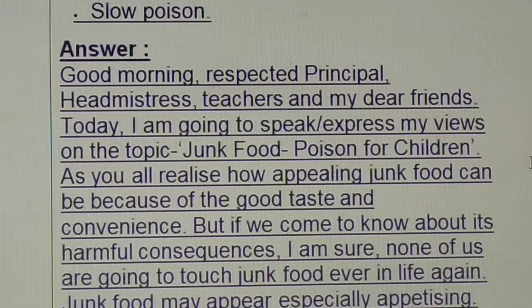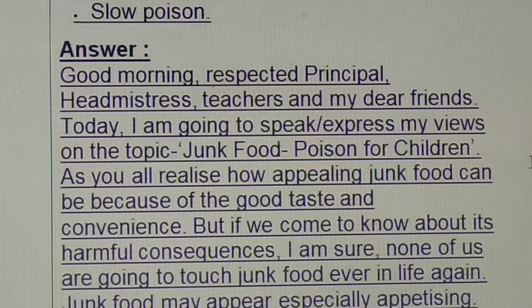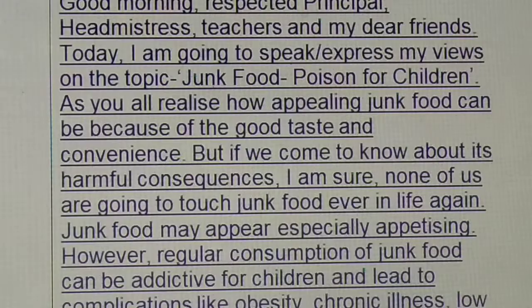This is just a sample. You can write your own speech. Good morning, respected principal, headmistress. See, that means you have to begin like this. You have to greet everyone. Then you begin your topic. So first paragraph, what do you do? You introduce your topic. You talk about what junk food is, that it is poison for